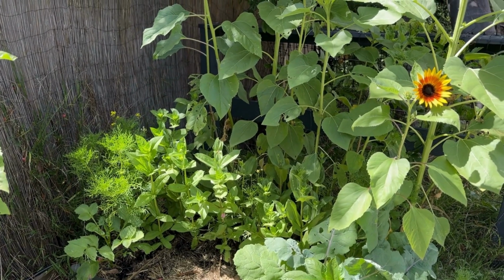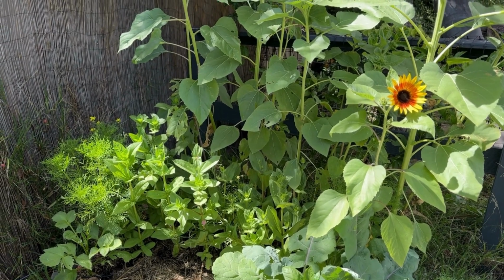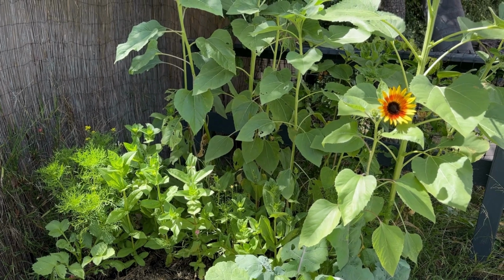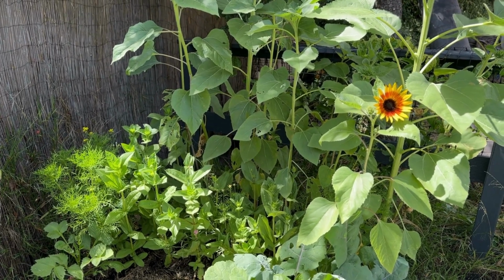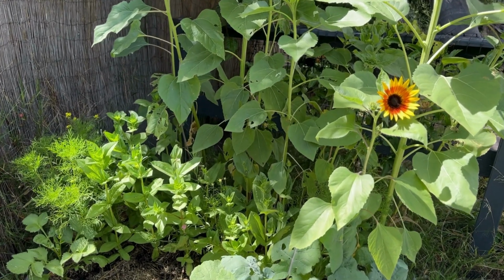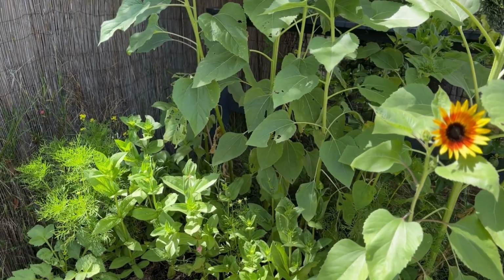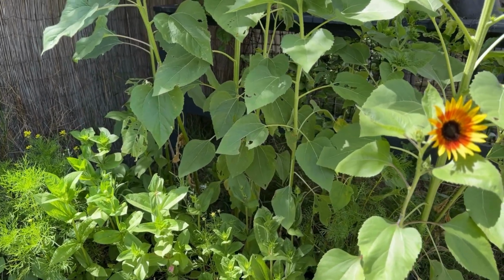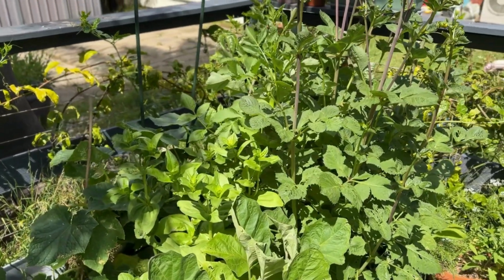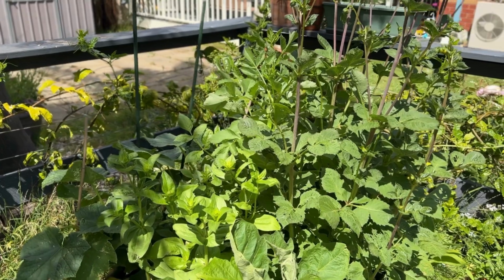I will hopefully record the whole process for you guys, and I do hope to film a video of when I will be harvesting seeds so that you can see how I do that and you can learn how to harvest your own zinnia seeds and have your own little seed bank. It is also very exciting because then you get to share it with your friends. Of course, with